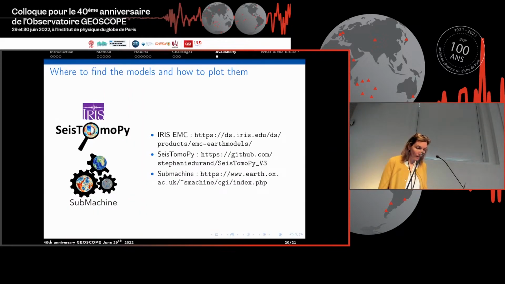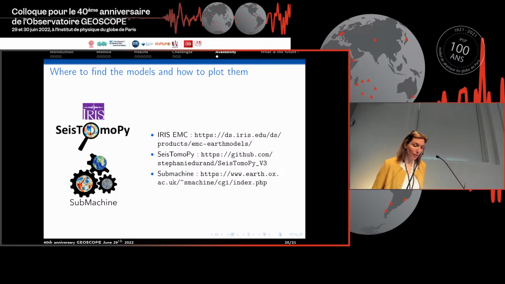So, I just wanted also to mention that there has been a big effort of the tomographer community to make these models available, and IRIS EMC is a project where all the Earth models are gathered. As soon as you publish a model, you can send it to IRIS, and they will make it available in the same format for all the models. So it's simplified